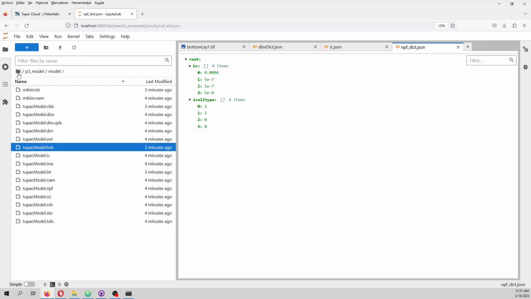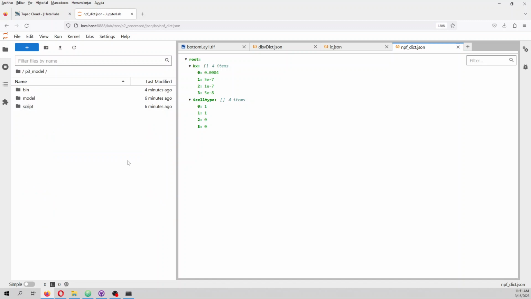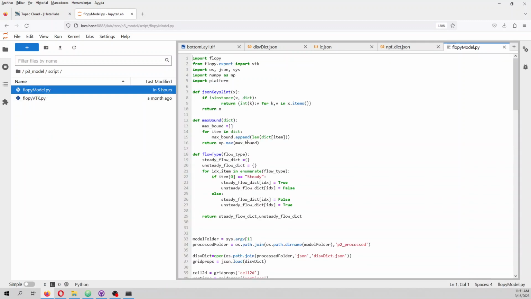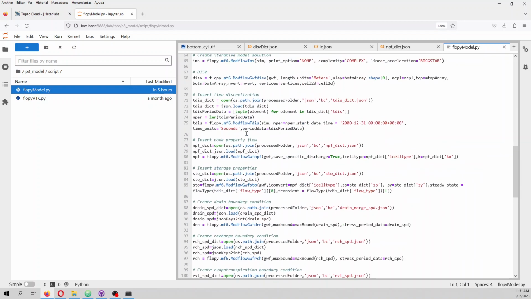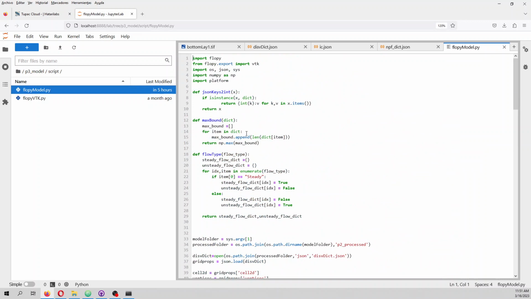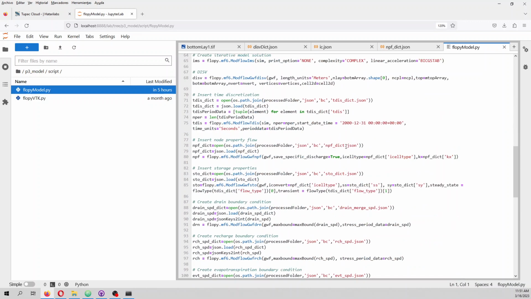The heads are also here, and here on script you have a FloPy model that is the code that reads all the input files and generates the model. I mean, if you want to tweak, you can tweak something from here. Okay, so that is how you can run locally on Jupyter Lab